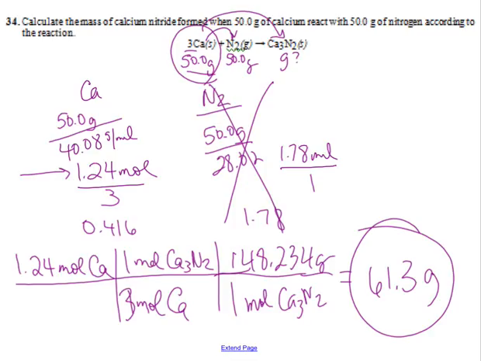So what you're basically doing is stoichiometry from calcium to nitride, or nitrogen, and that's going to tell you how much reacted. Once you know how many grams reacted, all you do is subtract it from 50, and that's what's in excess. So if they ever ask you how much is in excess, do stoichiometry from one reactant back to the other reactant. Okay? All right, good job. Let's do